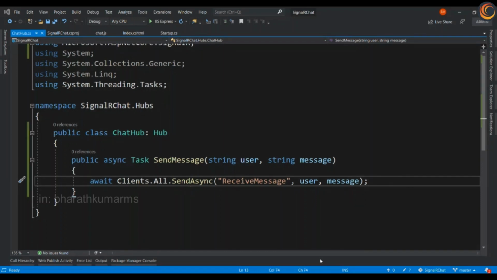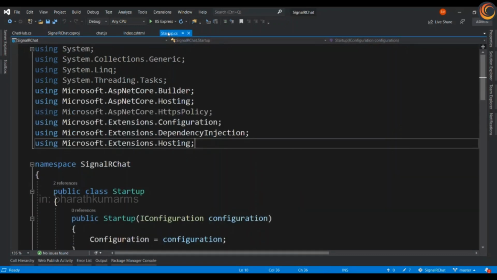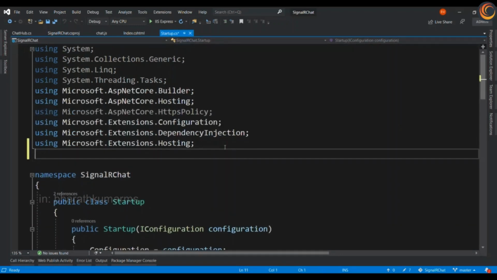Now we have to include our ChatHub in the Startup class, which is nothing but the middleware. So I am going to include this namespace, SignalRChat.Hub.